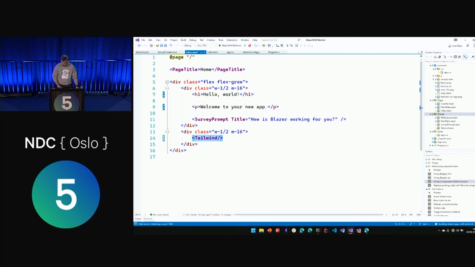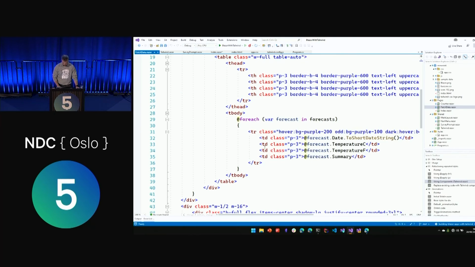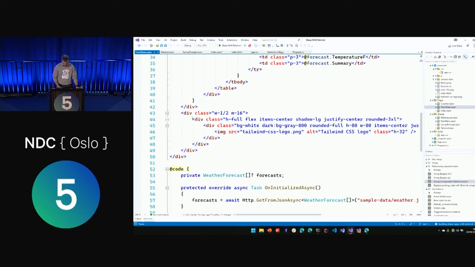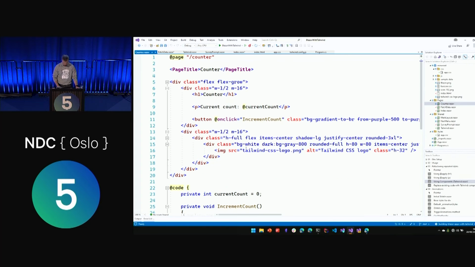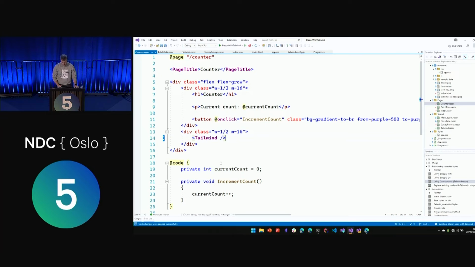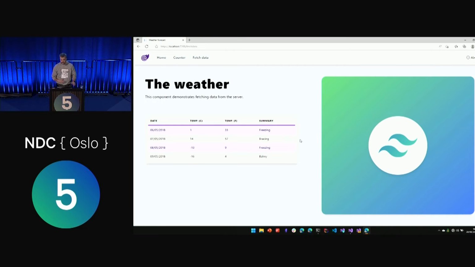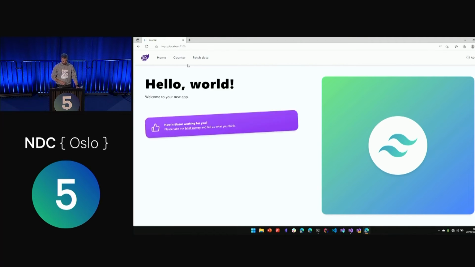So we'll do that, and we'll just repeat that across the other pages. So where are we? Down here on the fetch data page. And we'll do the same thing here on the counter page. Get rid of that as well. So we'll save that. We'll go back over to our application. Everything looks the same as it did before, except now we've got the same style across all of our pages,